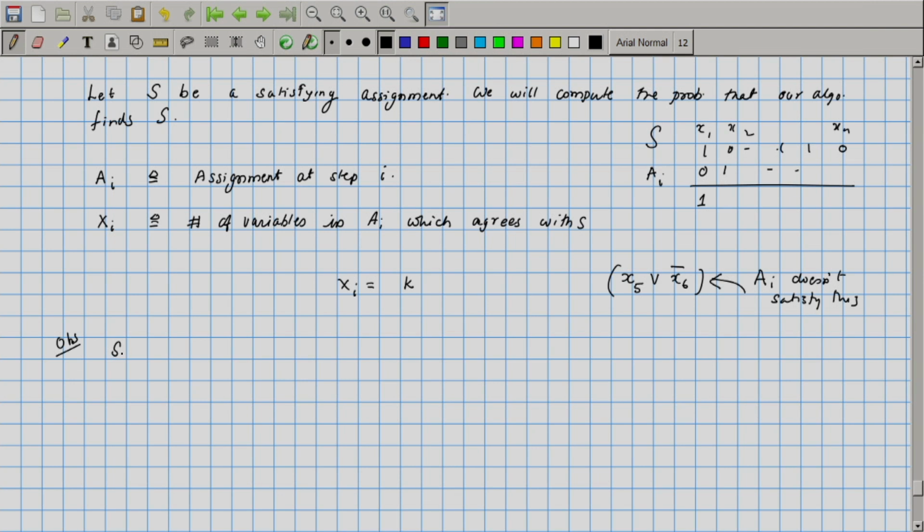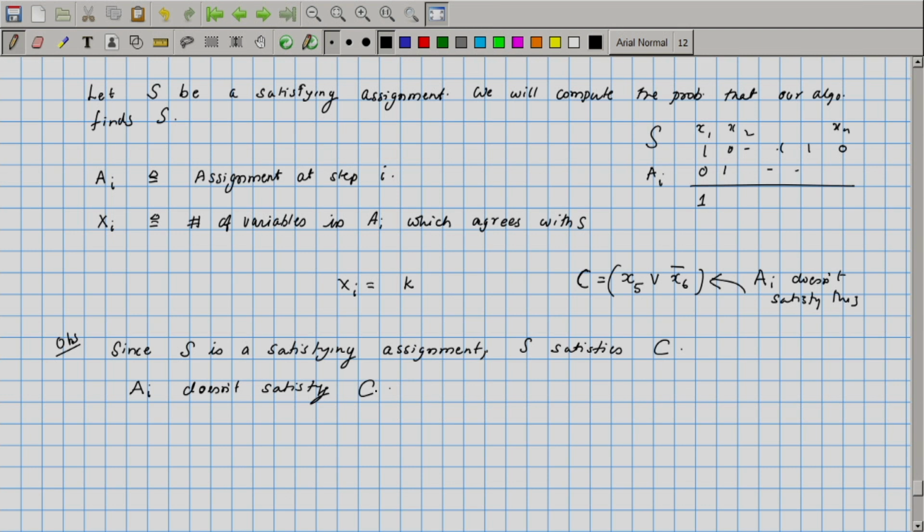So, this is the observation. Since S is a satisfying assignment, if we call this clause C, S satisfies C. But the assignment that we have is AI, and AI does not satisfy C, because C is one of those clauses which is currently unsatisfied. So, since AI does not satisfy C,